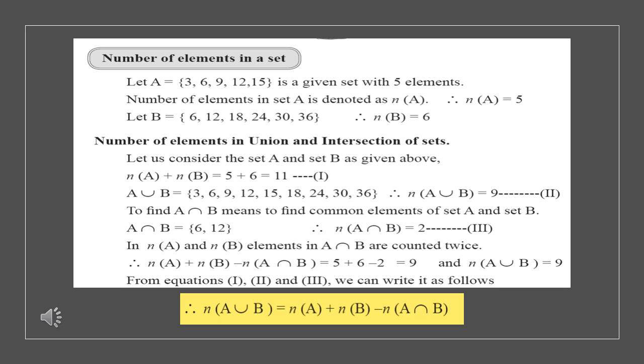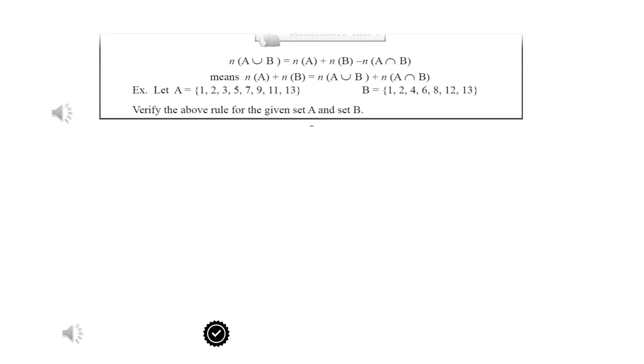Okay, you can also interchange the formula or transpose the terms and reframe the formula that we will learn in the next slide. Till here the formula is understood. How did we get this formula? Okay, we'll move further. So now we have just learned one formula. The same formula if I rearrange. Our actual formula is n(A union B) is equal to n(A) plus n(B) minus n(A intersection B).